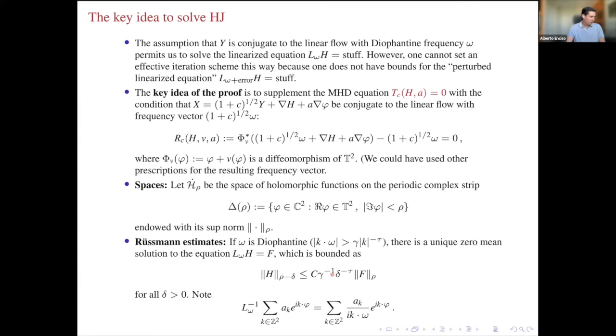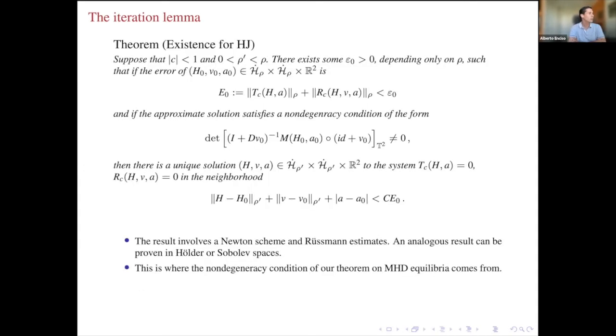Okay, why does this Diophantine condition appear here? Well, just notice that if we apply the inverse of that operator to a guy of this kind, where we assume that the zero term does not appear here because we have zero mean, well, that just means dividing by this Fourier multiplier. As long as this is bounded away from zero, we will get nice bounds. That's the philosophy. Okay. So that is how